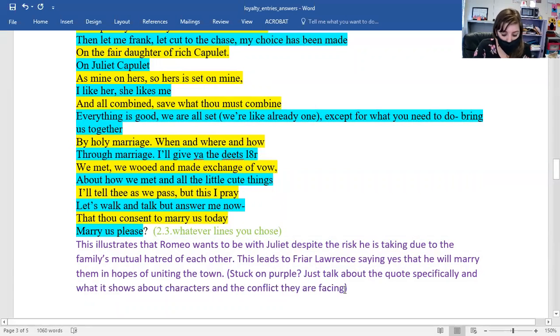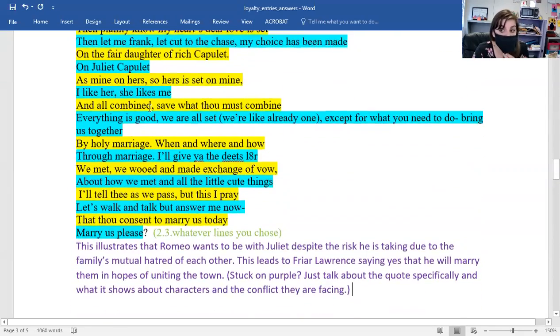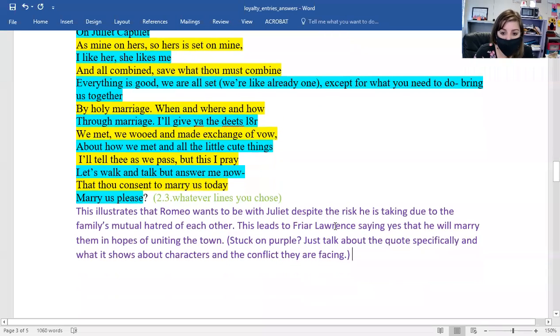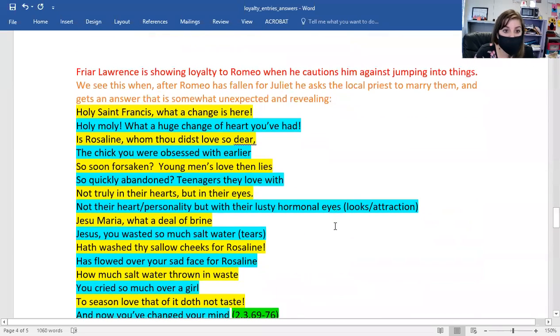And remember, I'm teaching you just how to write a paragraph. Just the fact that we're calling it a loyalty journal and we're breaking it up like this, you're still learning how to write a paragraph, how to introduce a quote, how to paraphrase a quote, and how to analyze a quote. It just looks a little different than a paragraph. Okay, so that's the one option that you could have done. The other option that you could have done